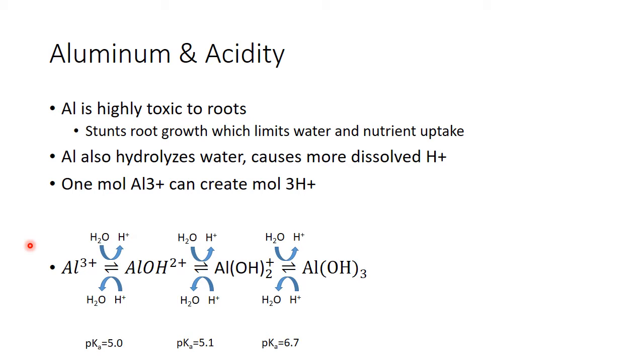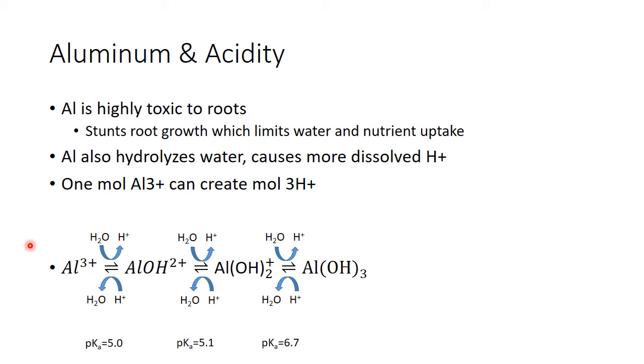And the issue that comes from that is it can actually stunt the root growth of plants because it more or less inhibits cell division at the root tips of plants. So that is a problem by itself. Aluminum also hydrolyzes water, and that causes more hydrogen to be dissolved, which lowers the pH. And 1 mole of aluminum, depending on what pH you're starting at, could potentially create 3